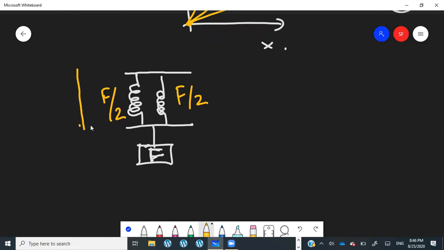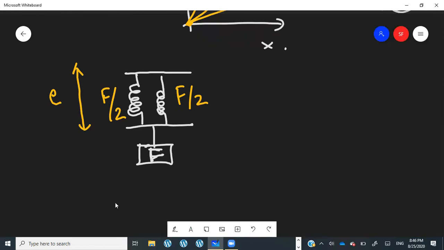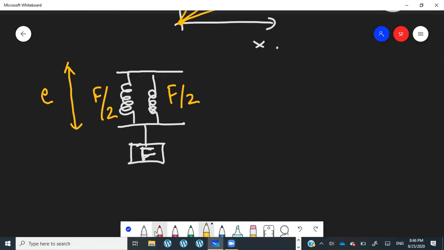And both of them will be extended by the same extension, E. If both of them are extended by the same extension, then to calculate the total spring constant, what we do is